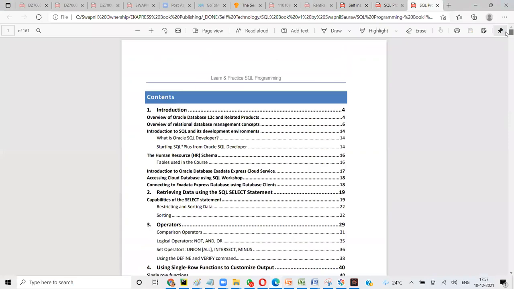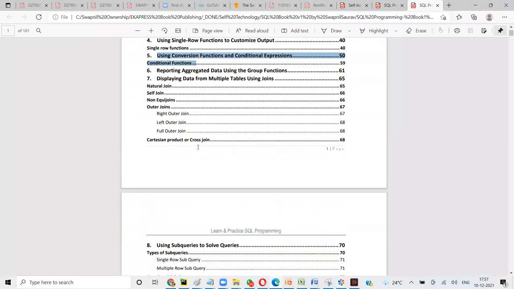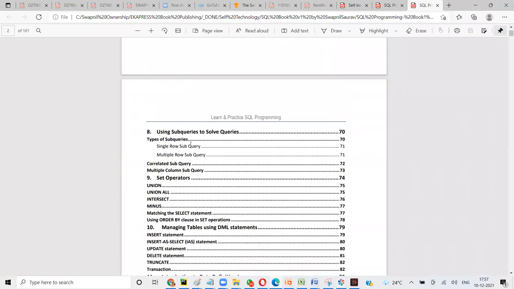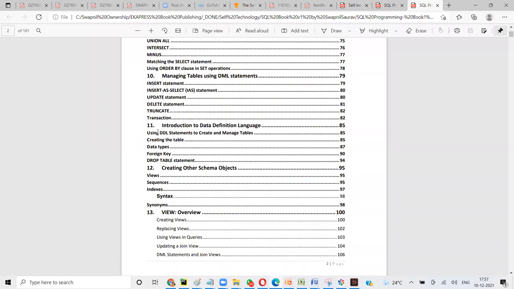Let's go to the, so 1, 2 we have done, single row function we did, conditions we did, right? Still we have, okay, so these things we are not doing. These things we have already done, right? So we will be doing only till chapter 9, right? How to create table we have done, all of you know, right? See, if you see also content, it is just 2-3 pages. Okay, only select is where it can get complex. Other things are easy.